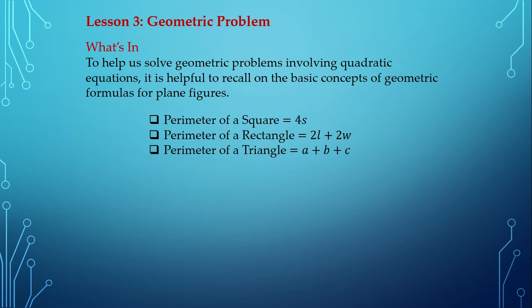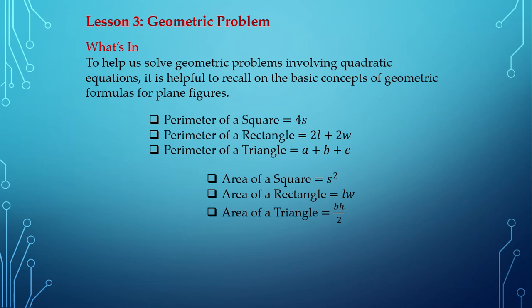Okay, perimeter of a square is equal to 4s. Since there are 4 sides, just add the sides. Perimeter of a rectangle is equal to twice length plus twice width. The perimeter of a triangle is equal to side A plus side B plus side C. Another, area of a square is equal to the square of S or the square of its side. Area of a rectangle is length times width,